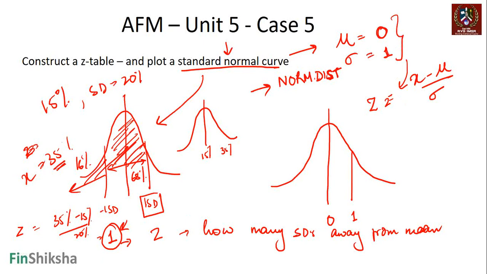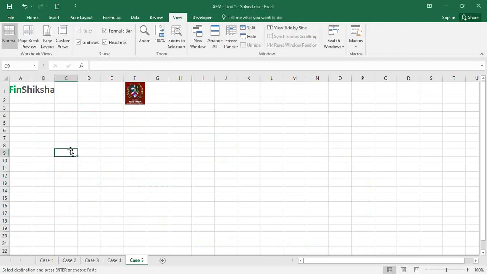And based on that, we will be able to create the Z table now, right? Let's try and create the Z table. So let's go to our Excel file, and we know that if we have to create the Z table here, I'm going to start with 0.0 on this side, and I'm going to start with 0.00 on this side, right?